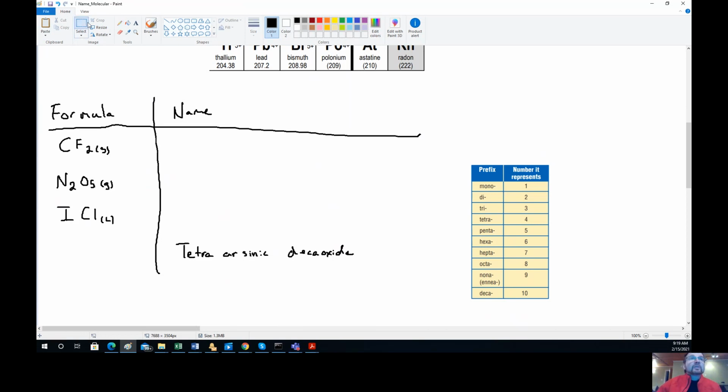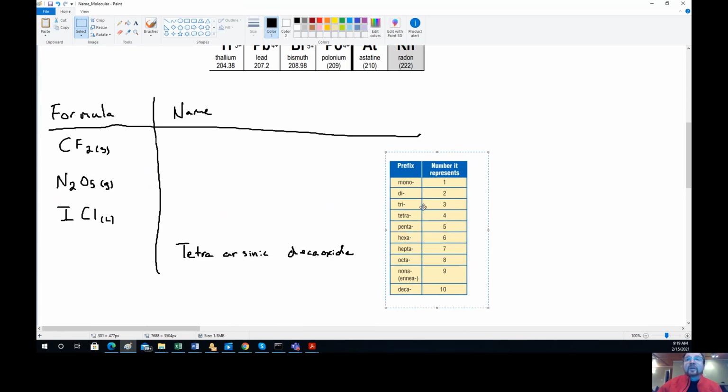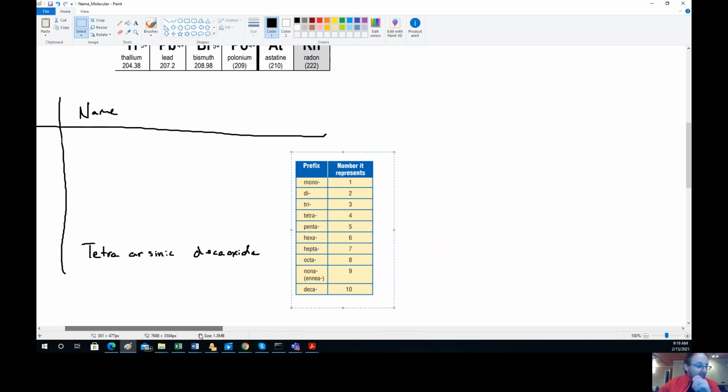But here's the rules to writing a formula for a molecular compound. Again, you're going to want this little number chart on your periodic table. I'm just going to scroll a little bit in this direction. Again, take these notes down with me. So to name molecular